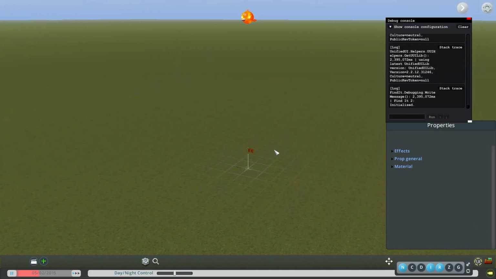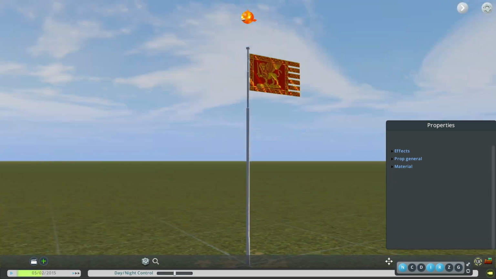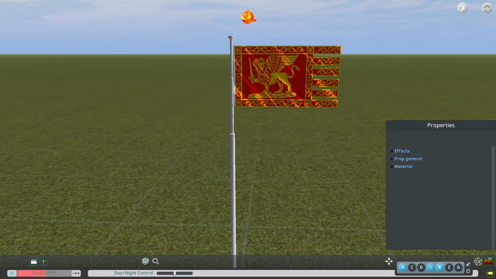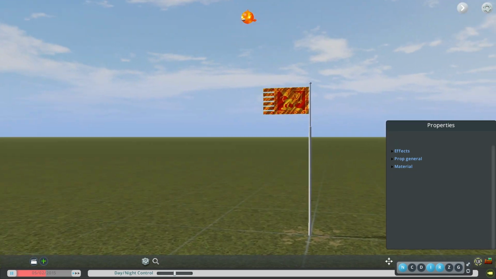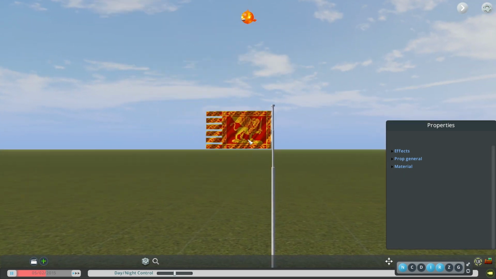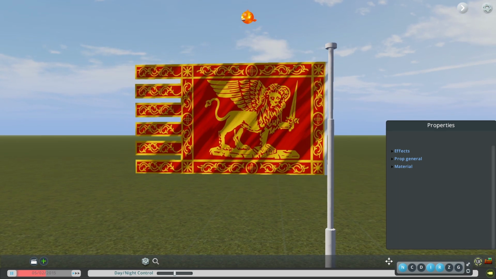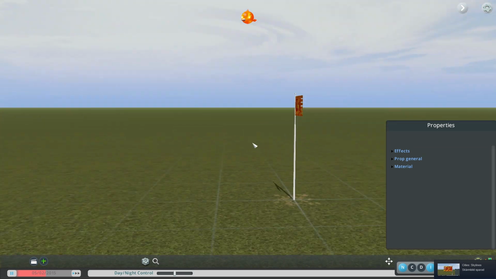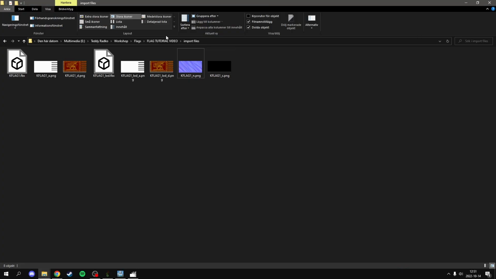And I'm gonna close down mod tools for a second so we can look at it. This looks decent. It's a very flat flag, and of course we want a dynamic waving flag, but for that I might just take a single screenshot like so. Or should I take two? No, a single one. Because now we need to go back here to the files we downloaded